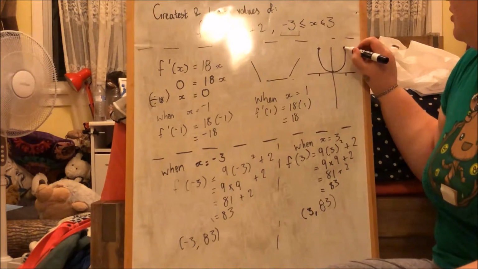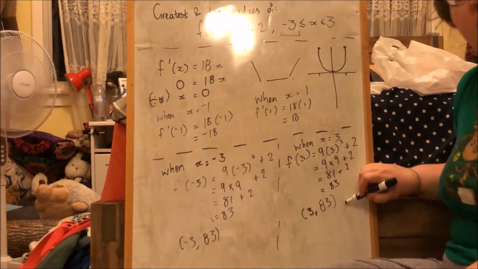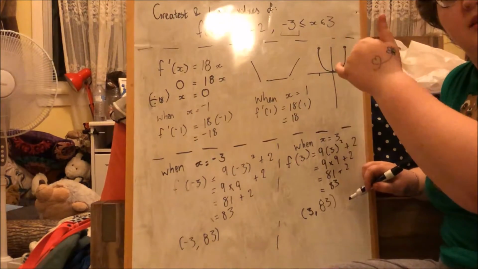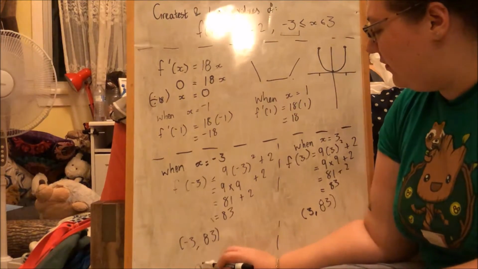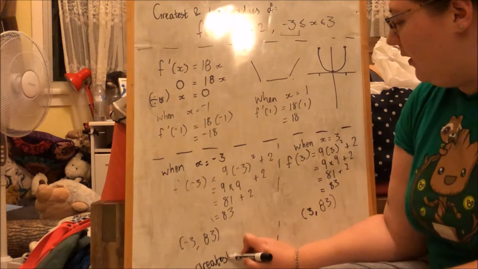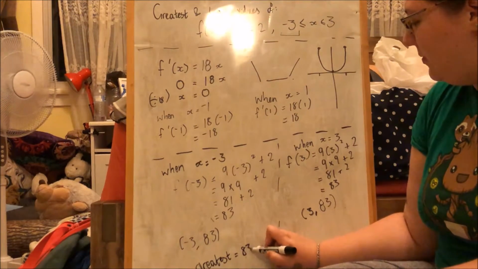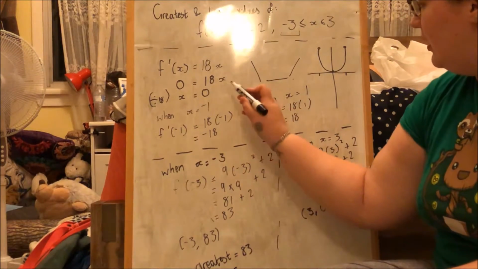So our greatest value that this curve reaches on this interval is 83, because for the greatest value we're looking at our y-axis. Don't know if you can see this at the bottom of the screen. Greatest is 83, and our least, which we already figured out, is